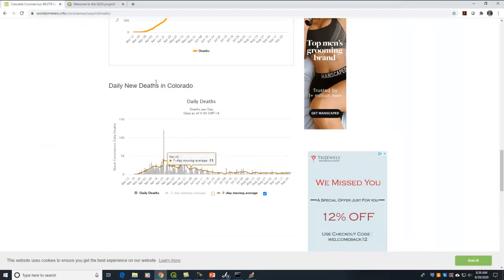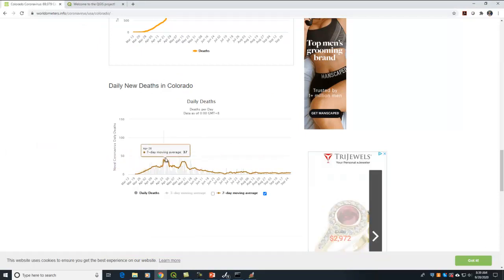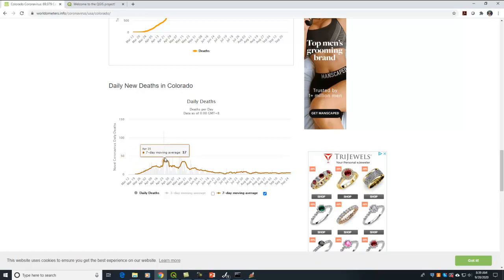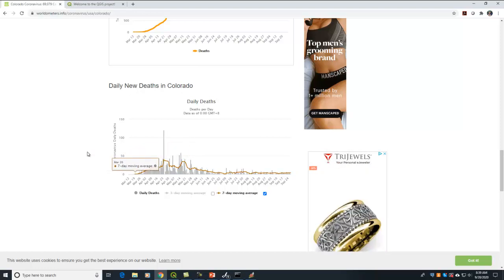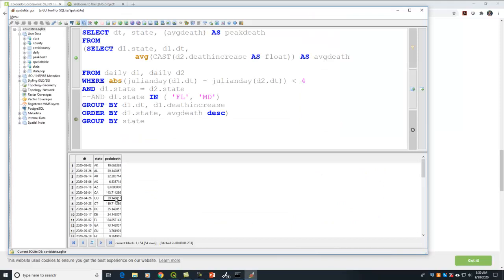And here I am looking at the deaths in Colorado on Worldometer, and here you go. Around April 24th, around 40 deaths. And here I have April 26th, about 40 deaths. So this now is a table of all the peak deaths and the date in which that state hit its peak. Of course, the other thing we can do is